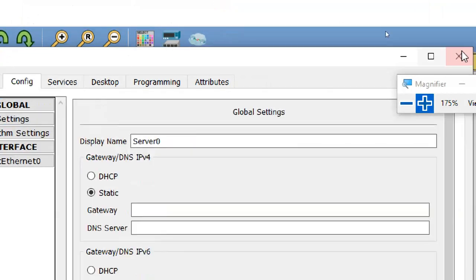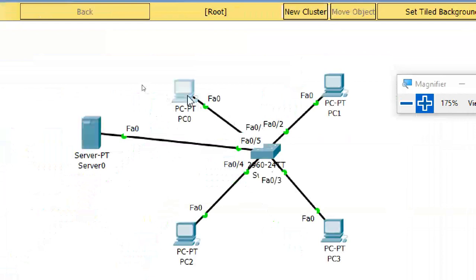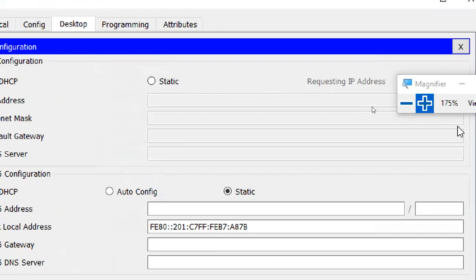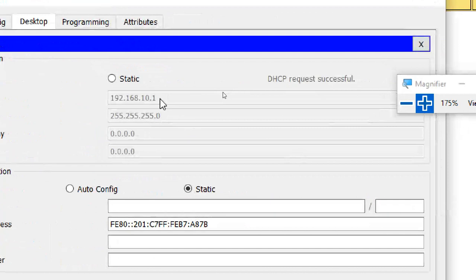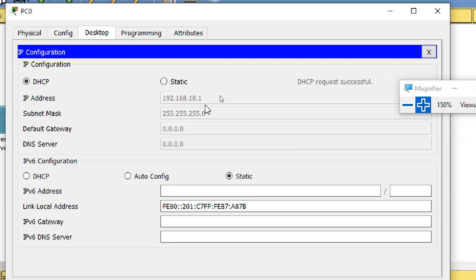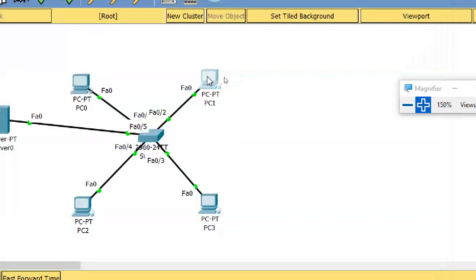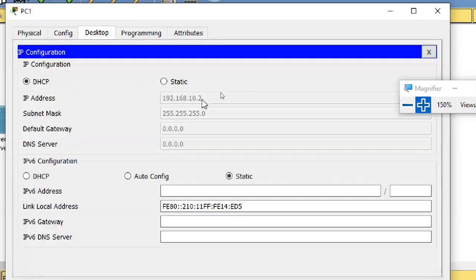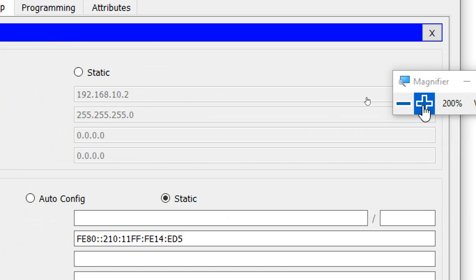Let me see. Yeah, you got it anyway, 1. Okay, it is not working as per my expectation. But if you see, you got an IP address here automatically. And if you go to this one, it is still showing an IP. Okay, you got automatically 2.